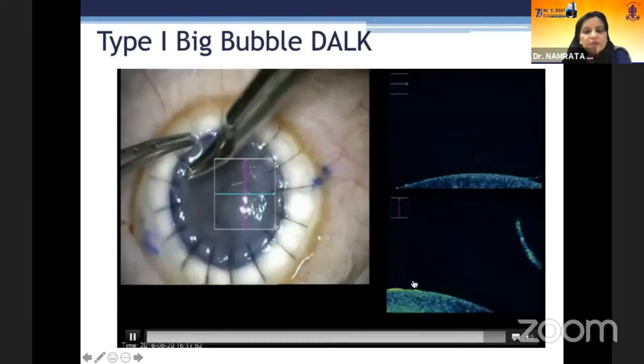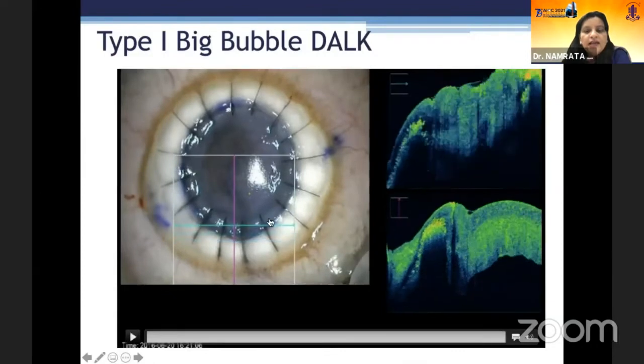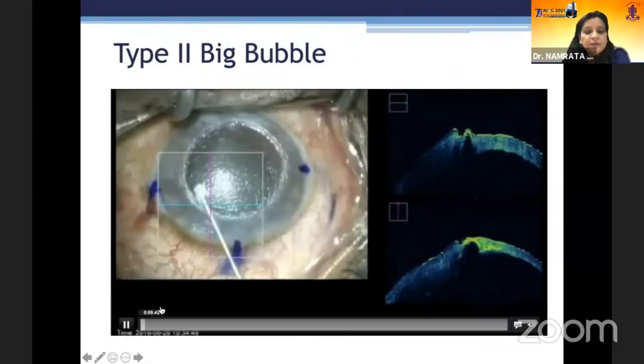So this is a bare Descemet's membrane over which the graft is now being sutured. Sometimes it also allows you to pick up or pinpoint a mismatch between the donor and the host. So if there's some little fluid present in the interface, even that can be picked up.